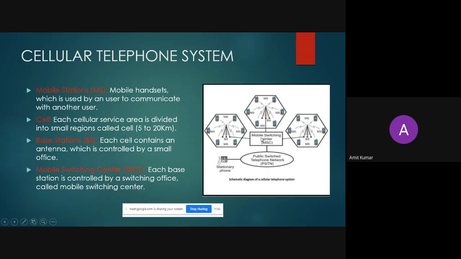So when you are moving, there is a chance that your call can be dropped because the other station has its own capability. तो अगर सपोज करो कि वो स्टेशन 20 यूजर्स को हैंडल कर सकता है और आप 20 यूजर्स उसमें यूज कर रहे हो उस एंटीना को, और आप 21वें यूजर हो, तो आप उस एंटीना को एक्सेस नहीं कर सकते. तो आप एक्सेस नहीं कर सकते तो क्या होगा, आपका कॉल ड्रॉप हो जाएगा. तो उसको सॉल्व कैसे करेंगे, जब आप बहुत स्पीड में मूव कर रहे हैं तो उसको सॉल्व करने के लिए कुछ करना पड़ेगा. So we have come up with the solution that is the umbrella cell. Now what is an umbrella cell?